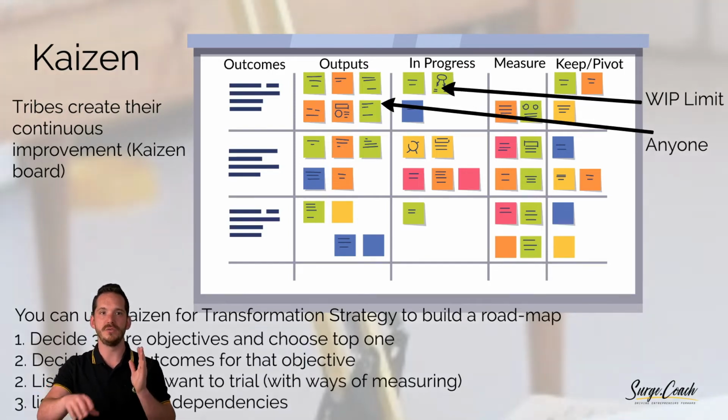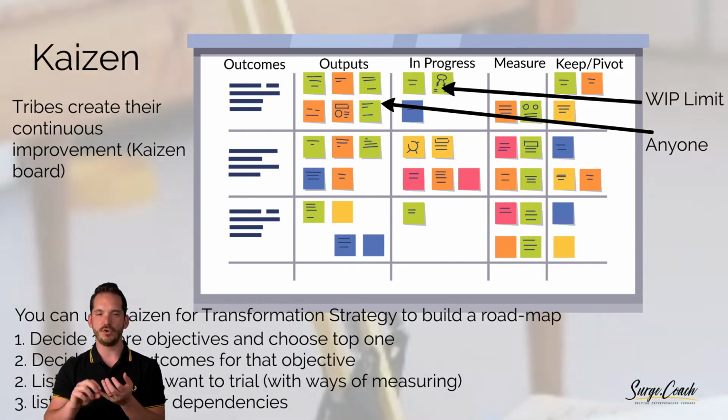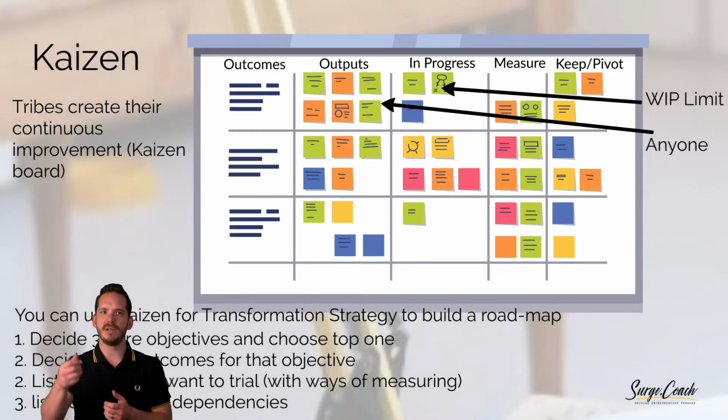Cool, so we are going to decide 3 core objectives, okay? You choose one. And this is where I say your 3 objectives could be, okay, I'm gonna move from amber to orange, or I'm gonna say, I'm gonna have horizon 1. That's just gonna be one specific thing, process and tools. We're gonna decide the outcomes for that objective. And then we're gonna list the outputs you can trial. And you can take all the ones from this course and you can plonk them on your board. But let's say, that's mapping your journey.